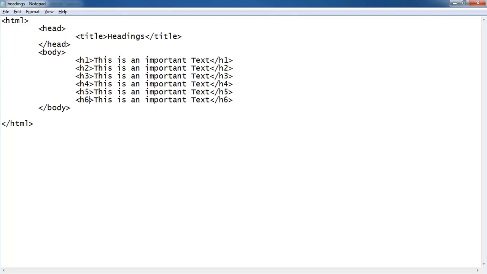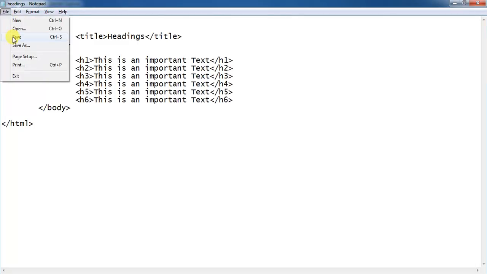When you go from h1 to h2, the size of the text will decrease to some extent, then h2 to h3 again decreases, and h3 to h4, h5, h6, like that. That means the text with the h1 tag will have a maximum size and the text with h6 will have a minimum size. Now we will try to see the output of this program.